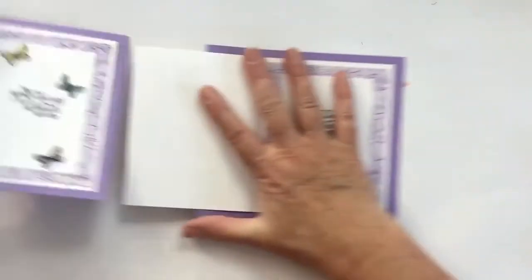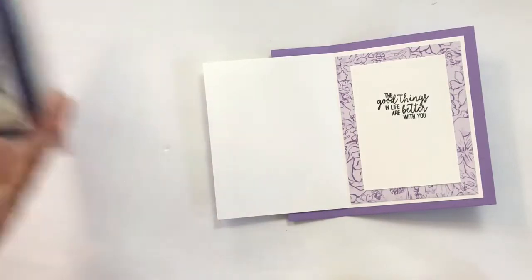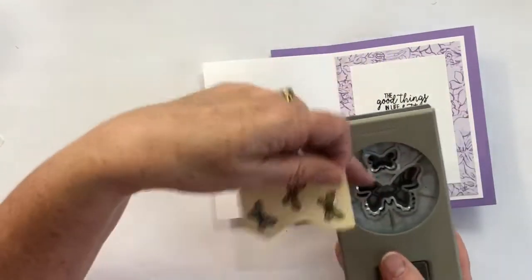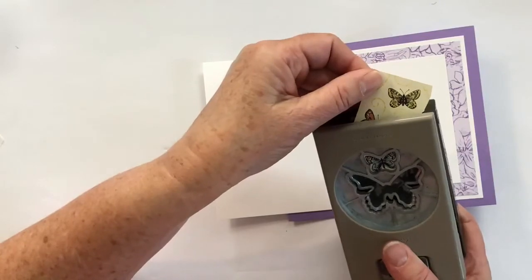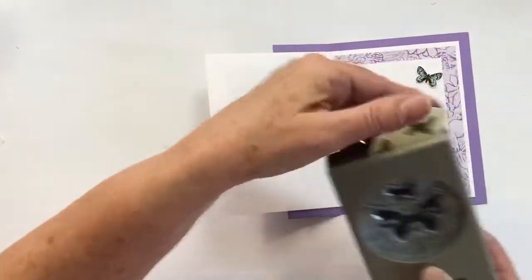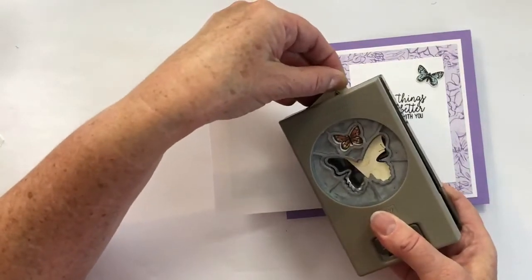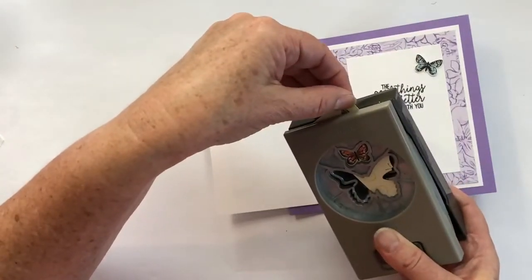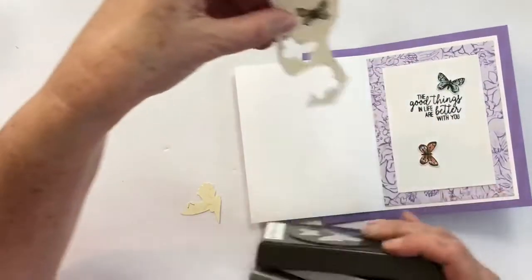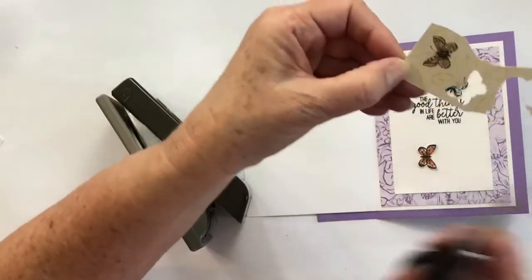Okay, now, as you can see on my first card, we have some more little butterflies. Those are also punched out. So this time, we're going to use the little butterfly, and I can get this first one. I've already cut a little panel with 3 on it. I can get the first one, and I can get this second one. But for the third one, I will need to use a Post-it because I'm going to run out of something to hold on to. Plus, I need to get rid of this because it's not going to go in far enough. So let's get rid of this